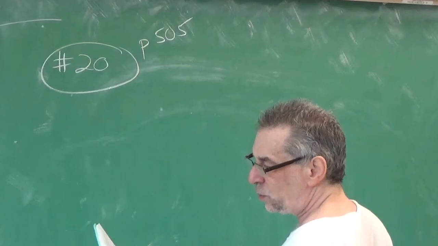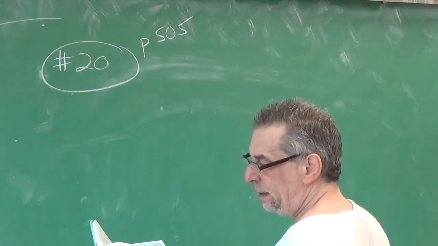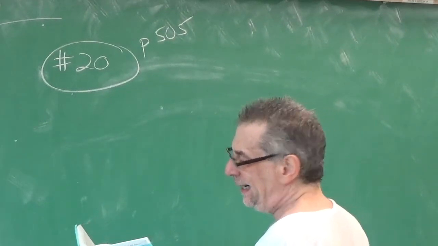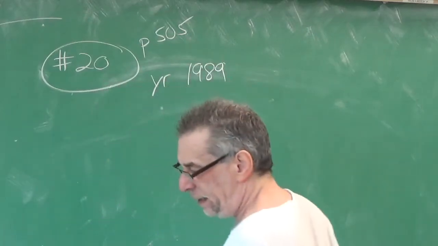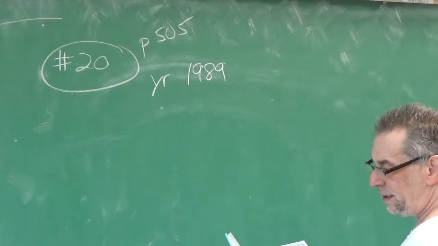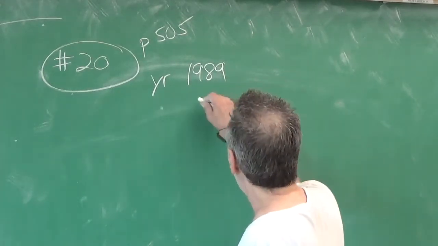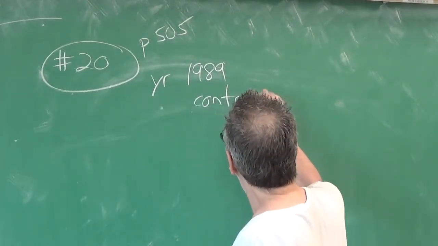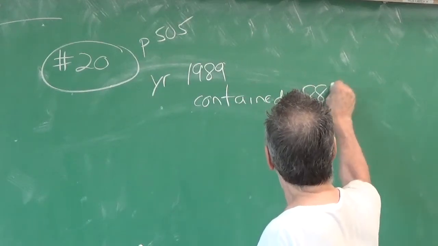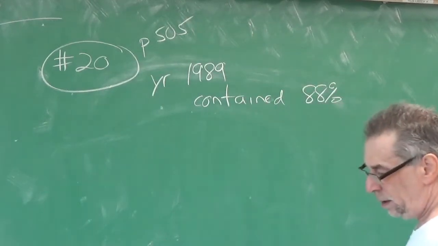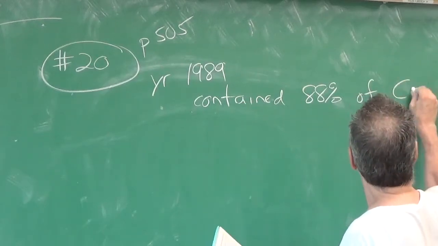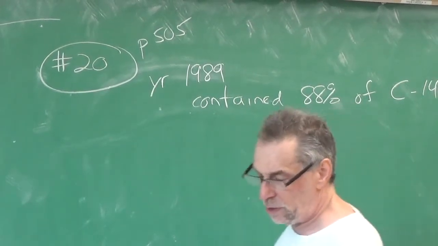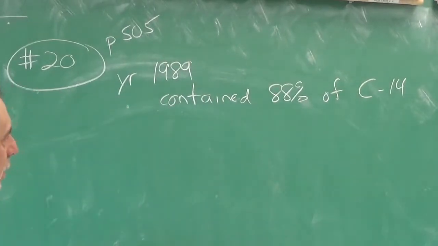And this says, skeletons were found at a construction site in San Francisco in 1989. So year 1989, these things were found. The skeletons contained 88% of the carbon-14. So carbon-14, if you're not familiar with carbon-14, it's an element that's in every living thing, and